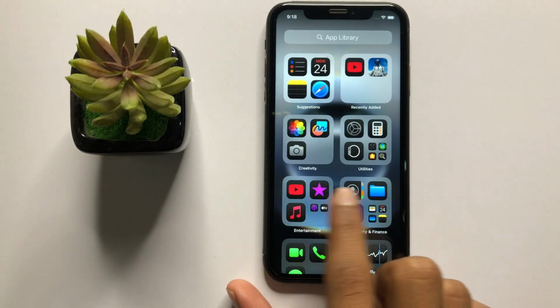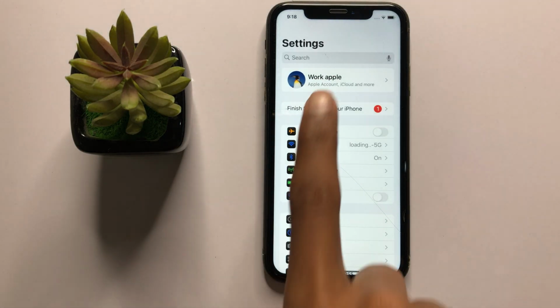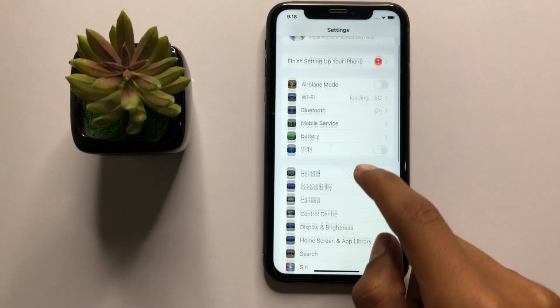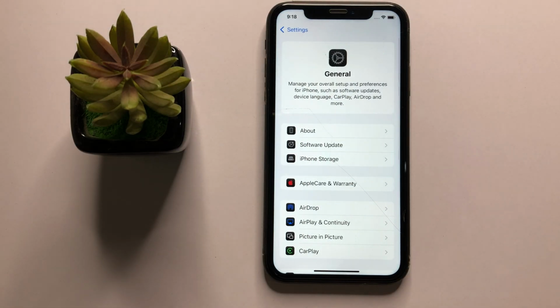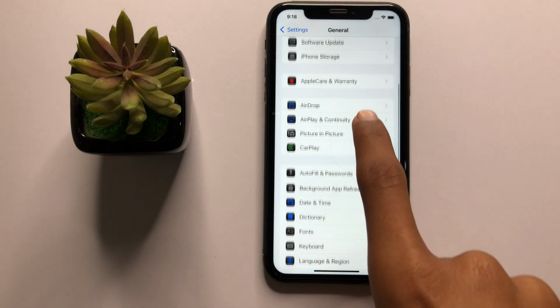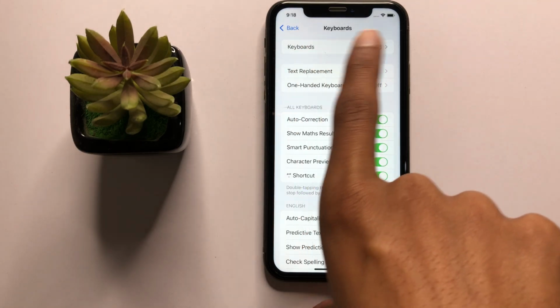First of all, open settings. In settings, scroll down and then click on general, and then scroll down and click on keyboard. Now again click on keyboards,